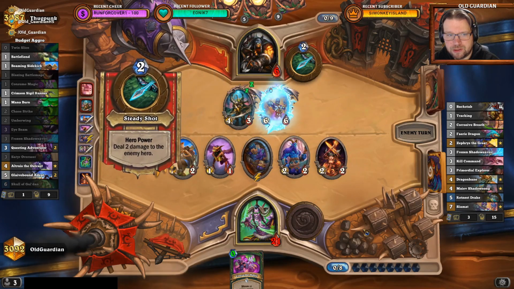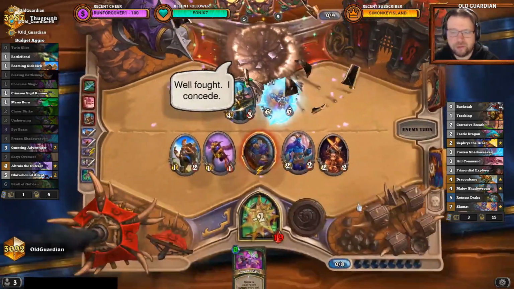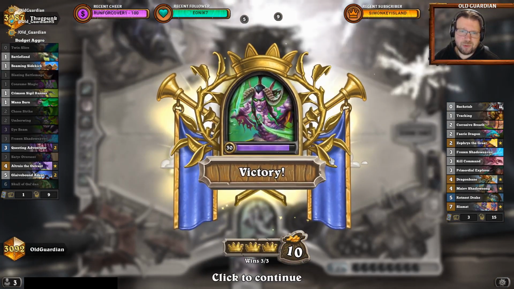I mean, now he's just dead on board. There is literally already enough damage on board. Alright, so that was the Highlander version, which is better. That's pretty good against Demon Hunter, but